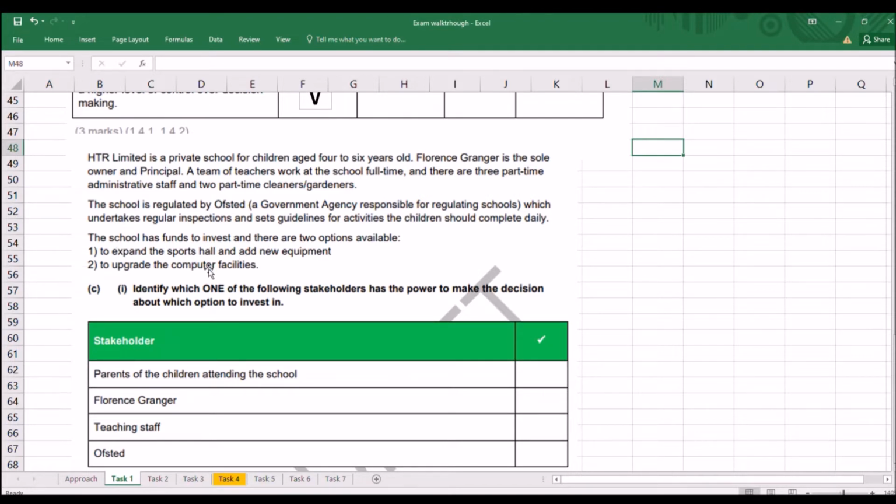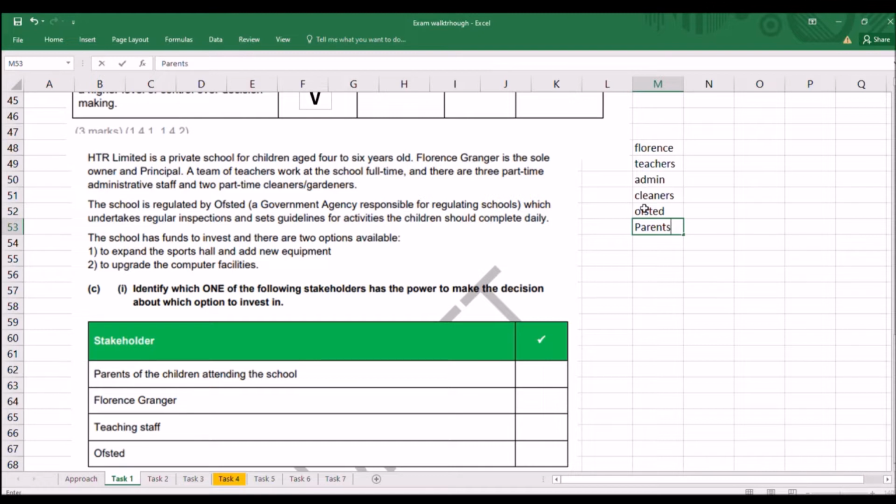Alright, so we're going to make some decisions over what we're going to invest in. Expand the sports hall, add new equipment, and upgrade the computer facility. So we've got 2 competing options available. Right. Identify one of the following stakeholders. So we've got a series of stakeholders here. We've got Florence, as we're going to go through here. We've got the teachers, we've got the admin, and we've got the cleaners, we've got Ofsted, we've got parents as well,